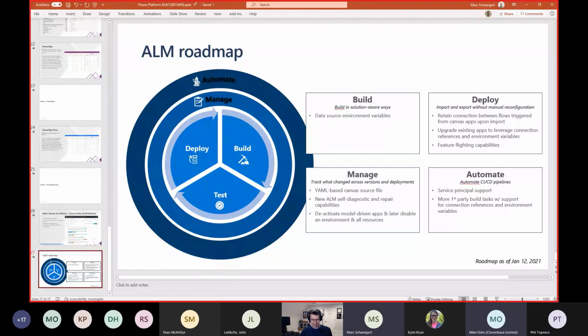So that's this right here, Canvas app source file, and I showed it in the demo as well, right? And so there'll be more to come in very short order. There'll be an announcement on the Power Apps blog about this, but this has been a long requested capability, to be able to take not just have the MSAPP file in source control, but a full source control friendly format that represents essentially the source code of the Canvas app.